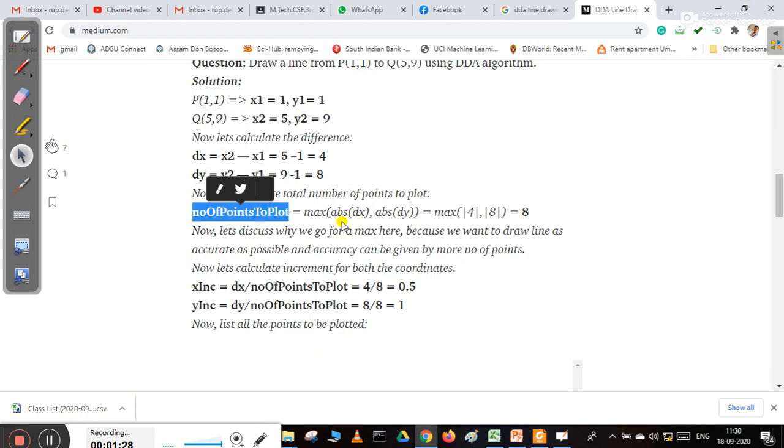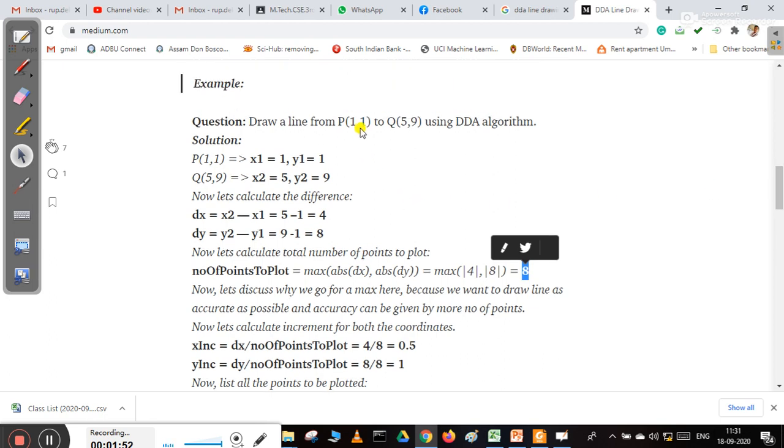So here you can see max of absolute dx and absolute dy. The difference might be in float, or you can say decimal value also, but we need to take the integer value. So max of 4 and 8, max of this difference is 8. So from (1,1) to (5,9) we need to plot 8